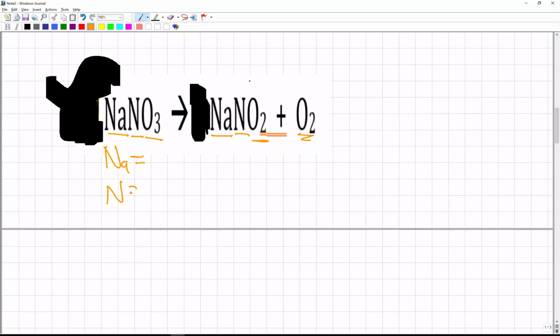Na equals, N equals, O equals. So Na, I have 1 and 1. Oxygen, I have 3, just these 3, and then 2 plus 2 is 4. Now, I'm trying to think of a number that I can get these to be equal to each other. Having them in 2 different spots is confusing and hard. So if I'm ever stuck, we come to our suggestion of double the big guy. Instead of double, we'll say increase the big guy